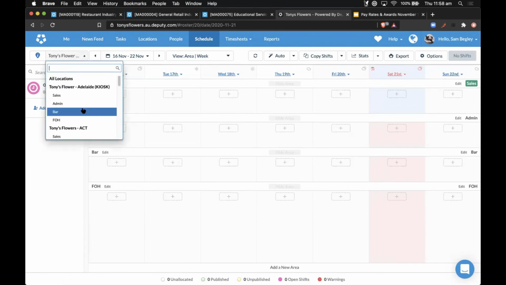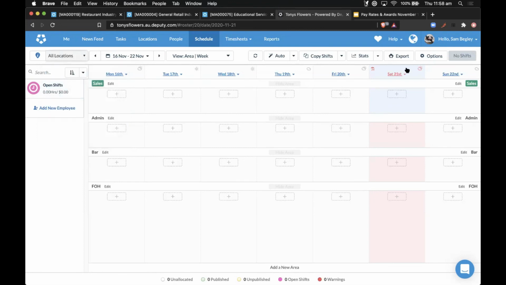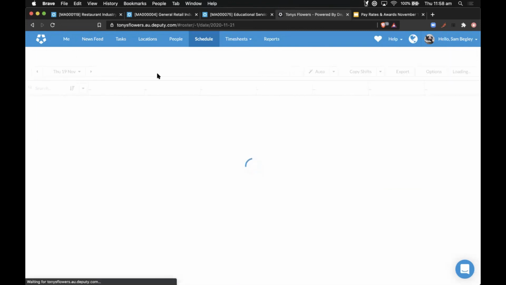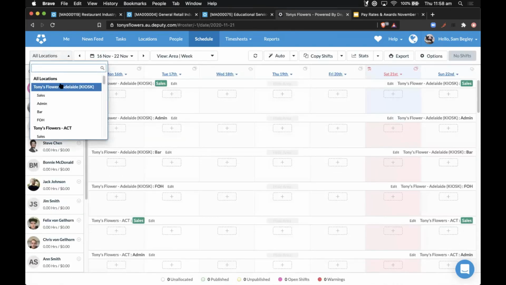That location, I mean, we haven't set it up in here yet, but... It's because I selected all locations when I set up the public holiday, so it attached that public holiday to all the locations. In that case, what you would do is go location by location, applying the public holiday to the date, but you would leave out that last location called public holiday not worked. Correct. And then in there, you would roster the staff members that are not working that day, but actually getting paid normally.